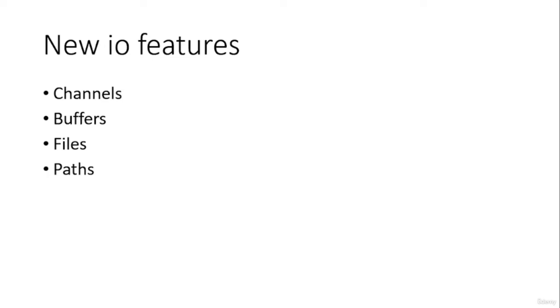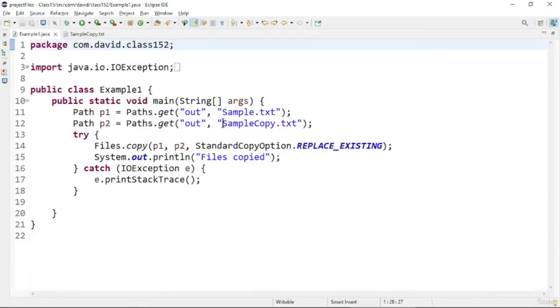Let us see the programming examples based on the new IO. Now let us discuss a program based on new IO, which is the enhanced version of IO, non-blocking IO. So here in this program, I have a file copying mechanism. I will copy a file from a particular source to a destination, and in this I will use the new IO feature. So let us start this program.